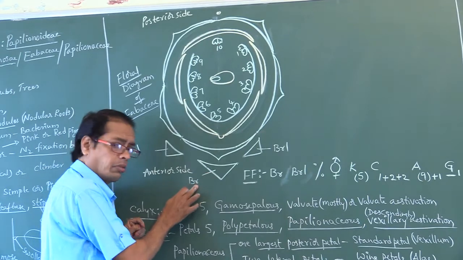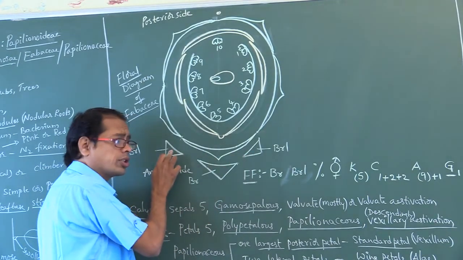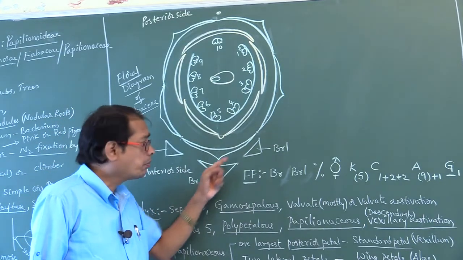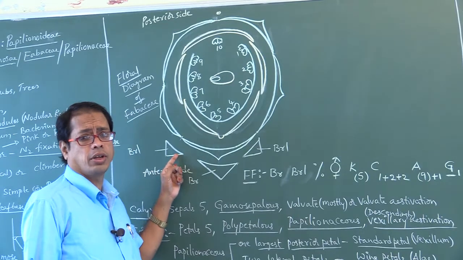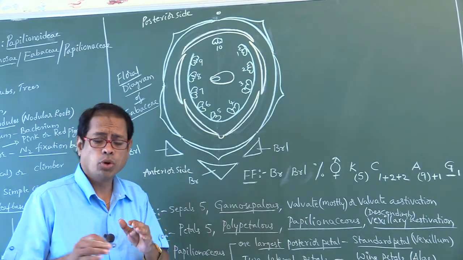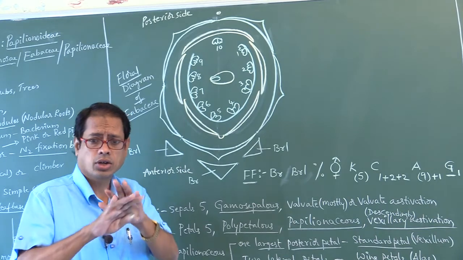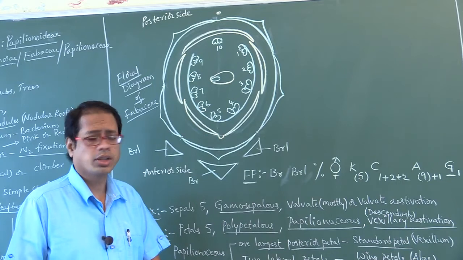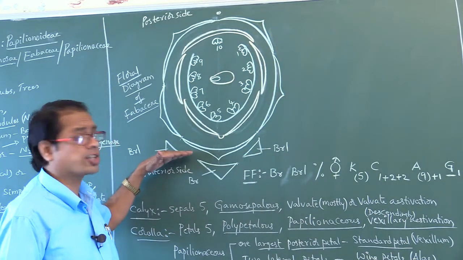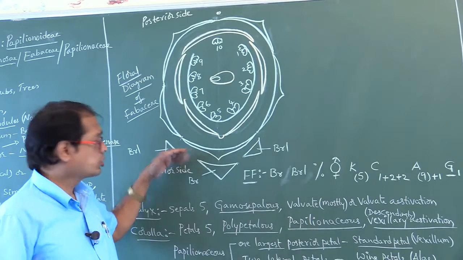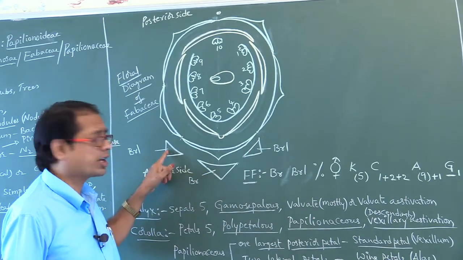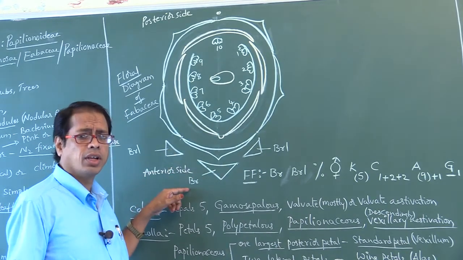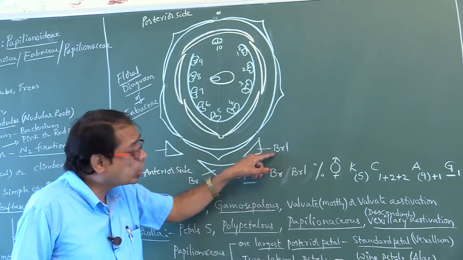Right. This is the bract, BR. These are the bracteoles. Actually, in Fabaceae flower, bracts are present, bracteoles are also present. But in our NCERT textbook, both bracts and bracteoles are not given. Are you understanding, my dear students? Actually, they are present. This is the bract, these two are the bracteoles. So, Fabaceae flower is bracteate and bracteolate flower.